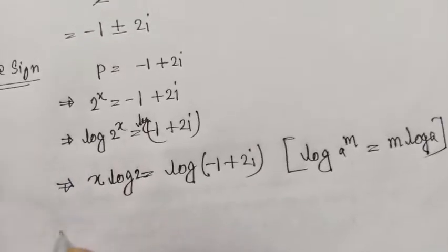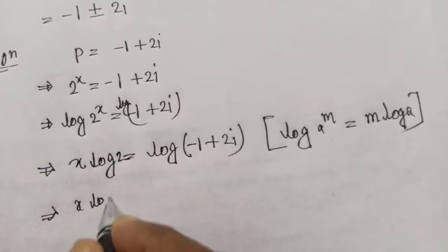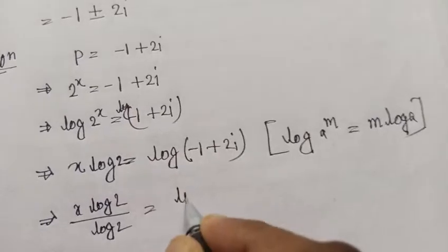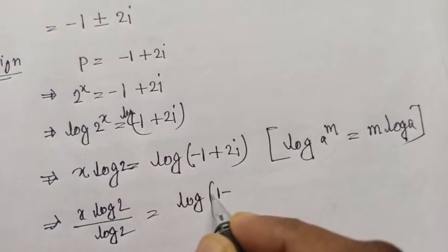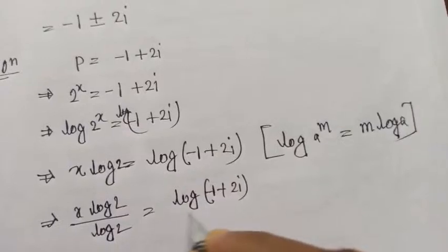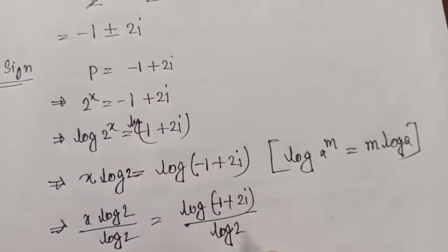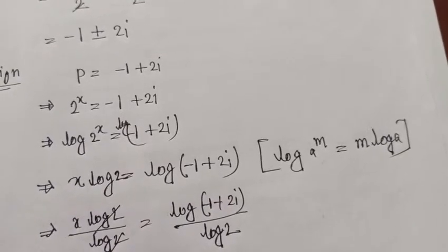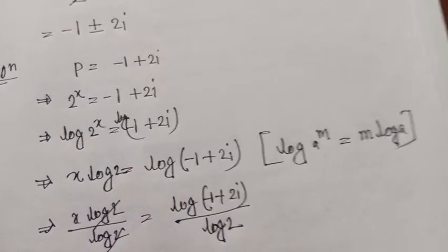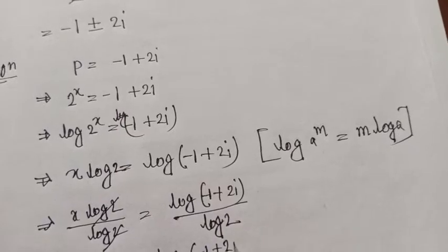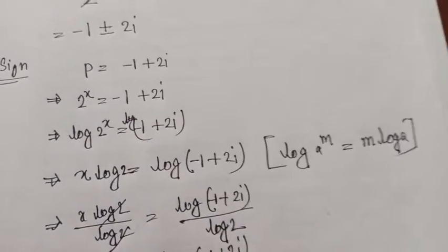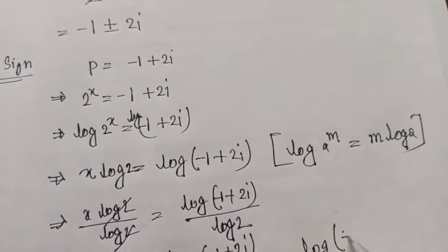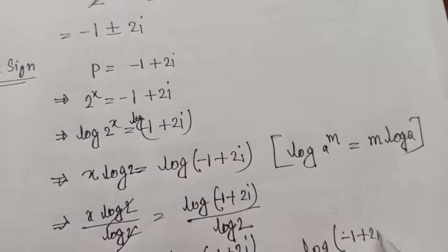Now if we divide by log 2 on both sides, then log 1 minus 2i by log 2, so that will cancel out and x becomes log of minus 1 plus 2i by log 2, and it will become log of minus 1 plus 2i